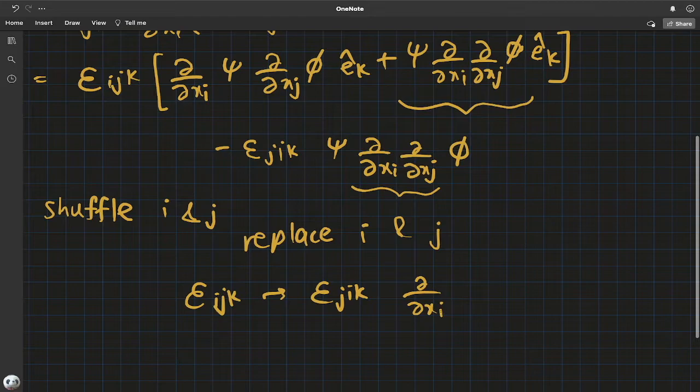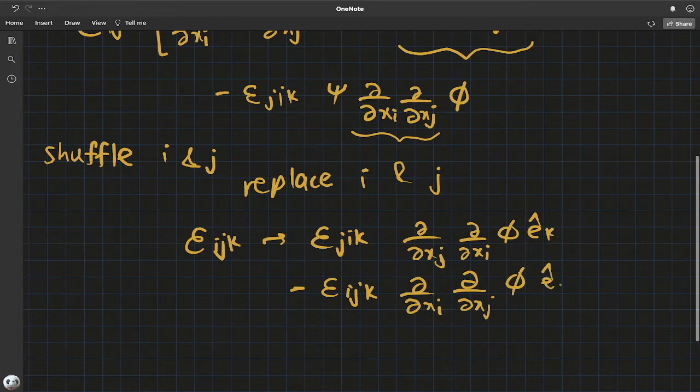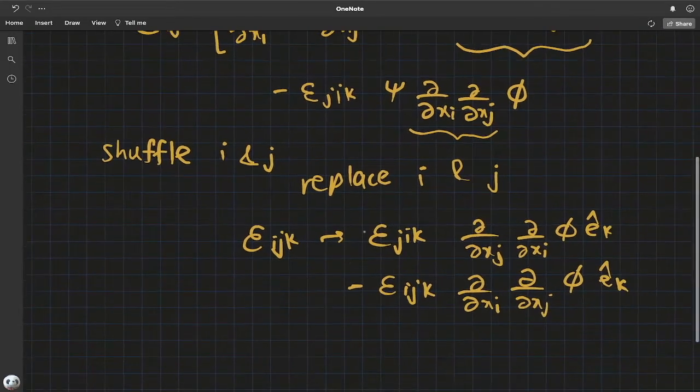Partial xj, xi, ek. But this is like the negative of this guy, right? And these can also be written as xi. You can flip these around using Clairaut's theorem. So all these cross terms are sort of going to cancel each other. So